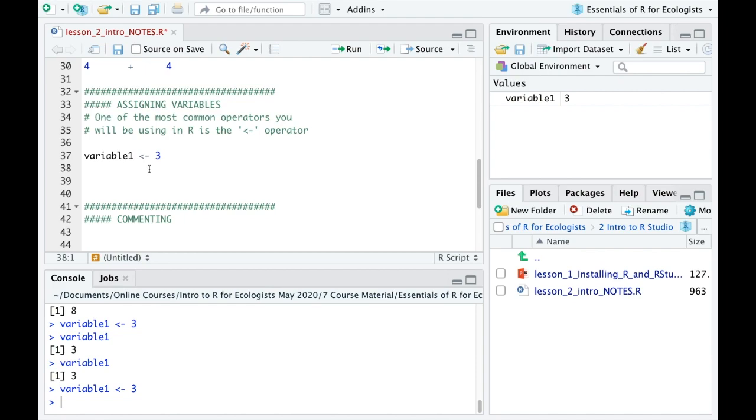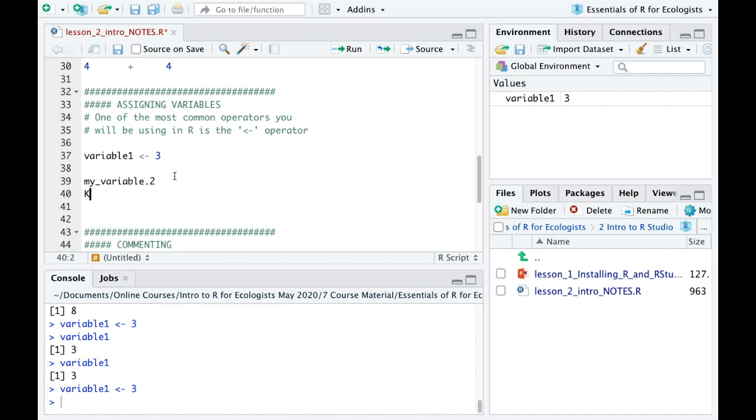You can name variables whatever you want, as long as they don't begin with numbers. And I believe that underscores and periods are the only non-character or number symbols that you can use for creating variable names, but they also can't start with a number. But otherwise you can name a variable whatever you want.